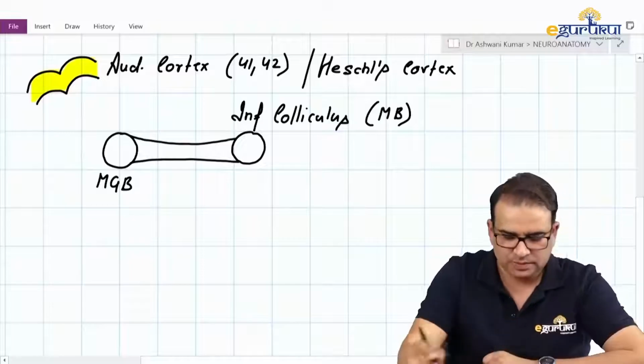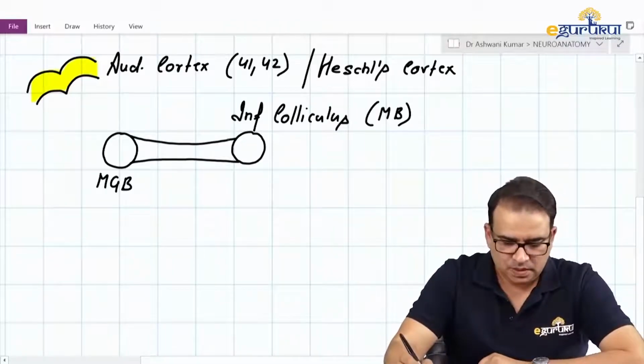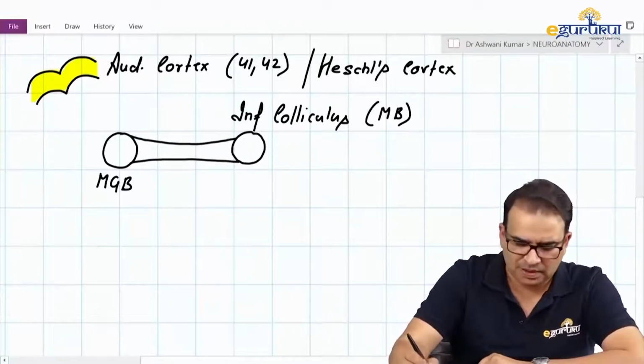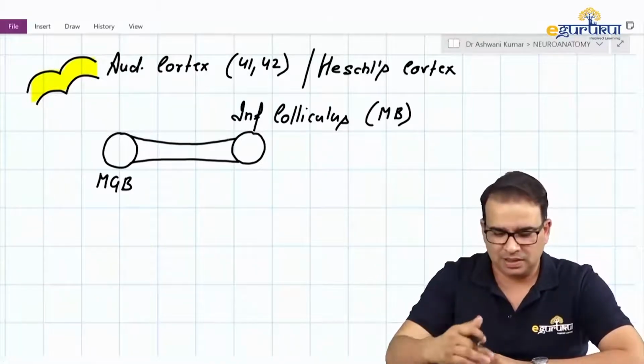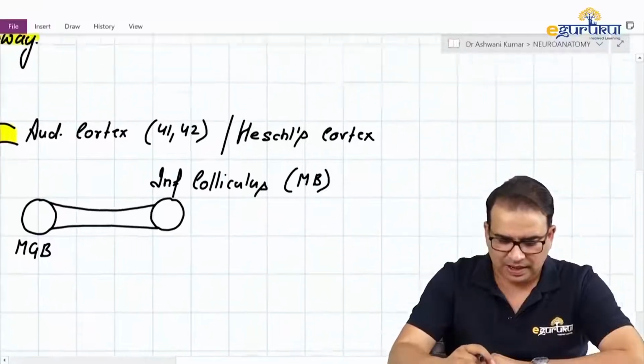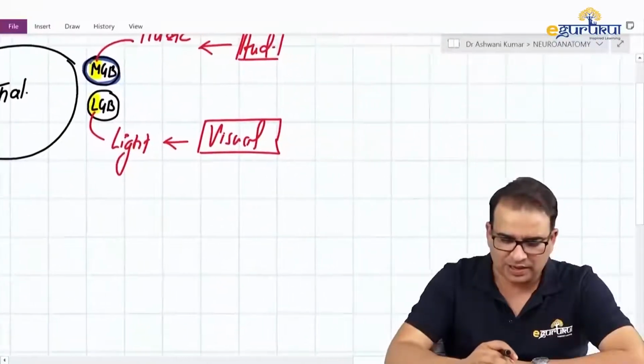It is connected to the medial geniculate body by a white matter bundle. This white matter bundle can be called the inferior brachium. Now again, let me tell you something separately. Again, we said medial and lateral geniculate body. When you look at these,